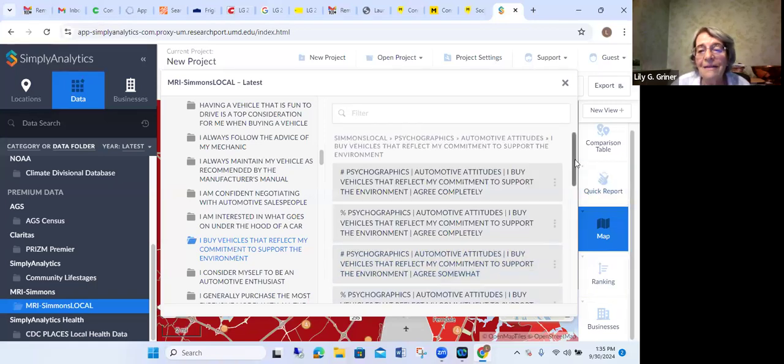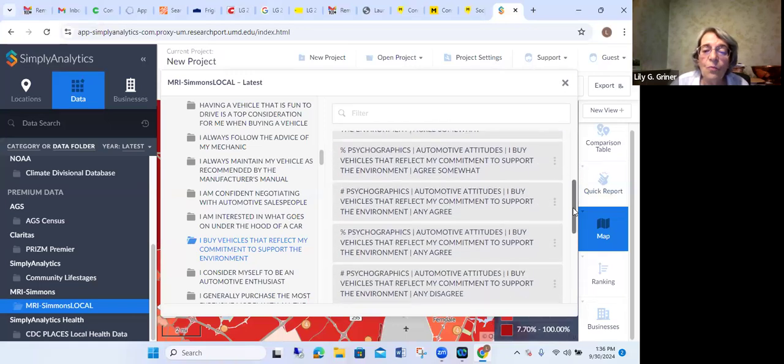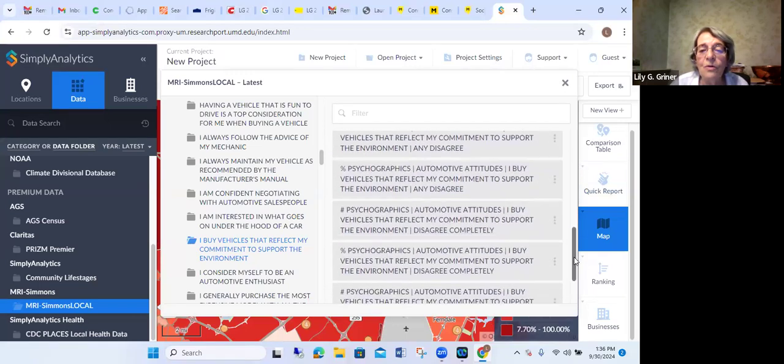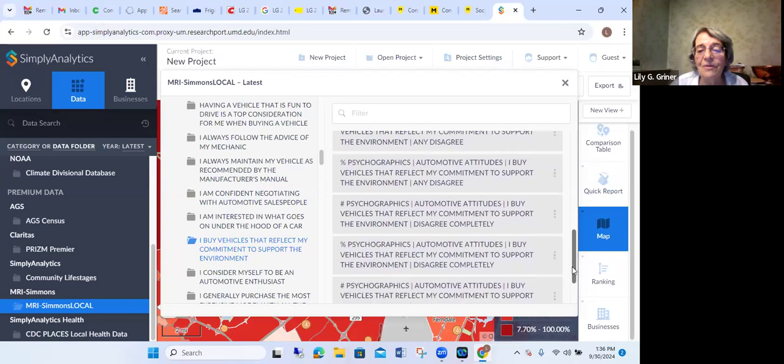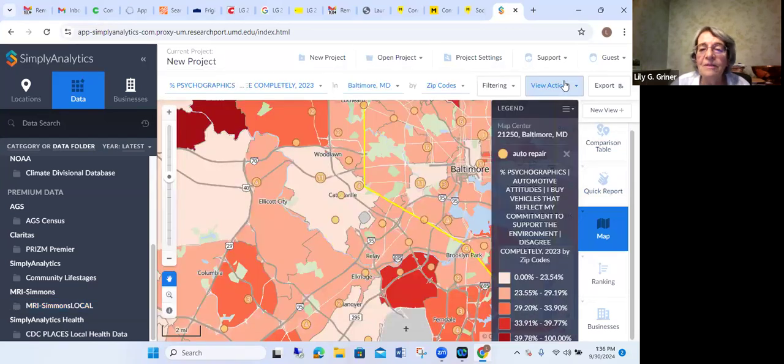So I'm going to click on that, and then this is giving you options. So buy vehicles that reflect my commitment. I agree completely. And then there's some that agree somewhat, agree, or disagree completely. So I'm going to go to the percent again, so it's even, and take a look at the map for that. So right now, for auto repair shop in Baltimore, when I look at the map,